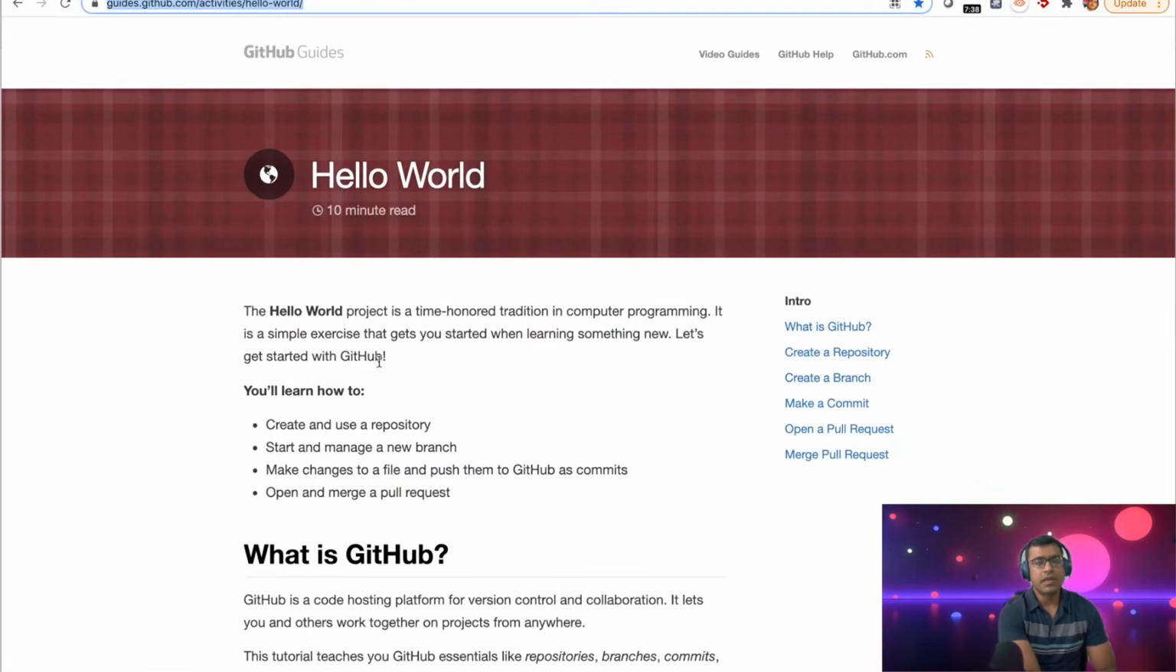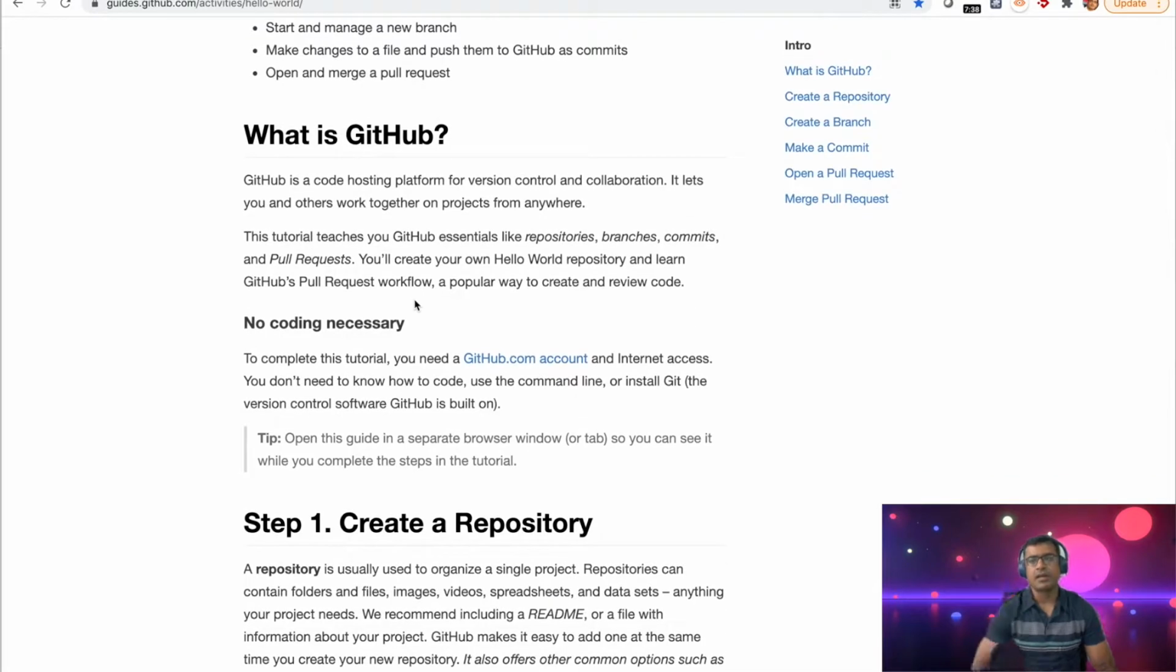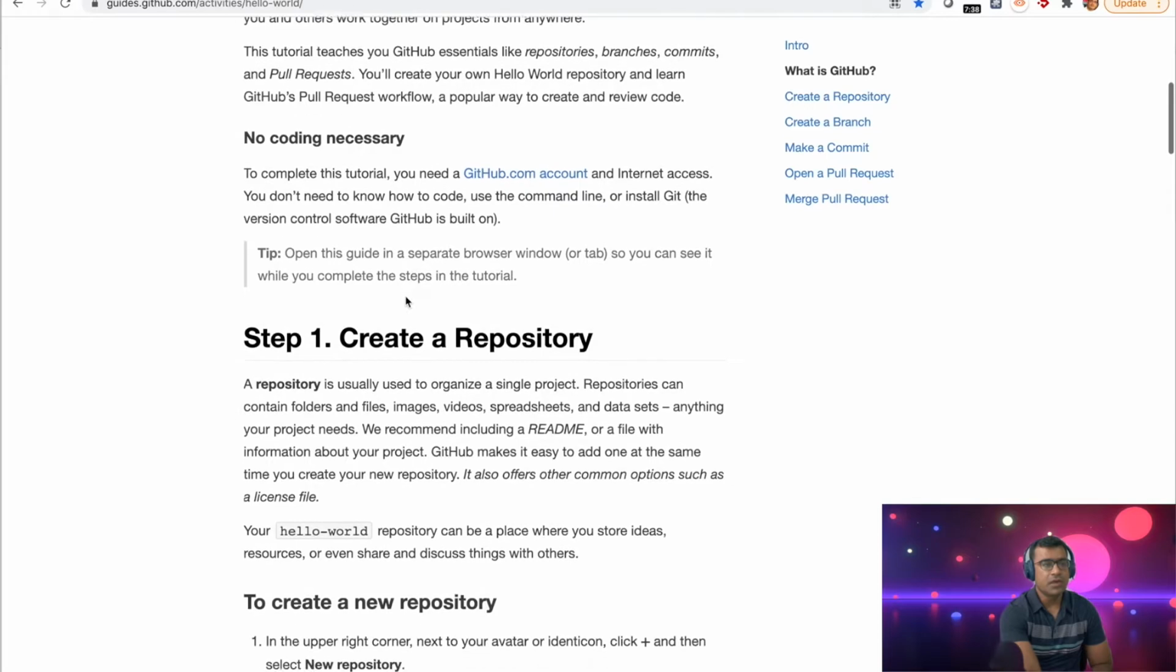So this is a 10-minute read and a very good exercise. I highly recommend that you do it yourself once so that you know what the different functionality and features available for you on a remote repo are. All right. So what I'm going to do, I'll keep this open on my other window and we will straight